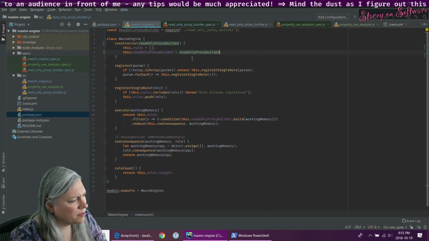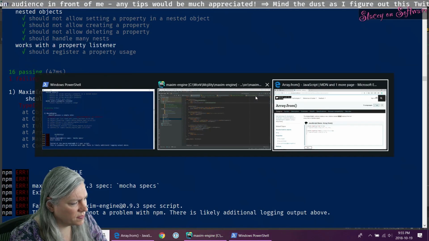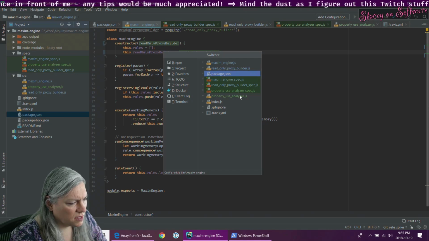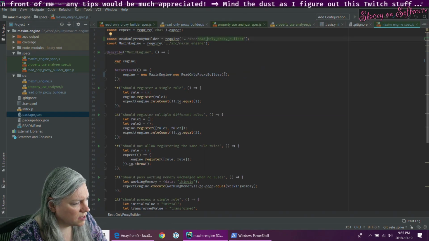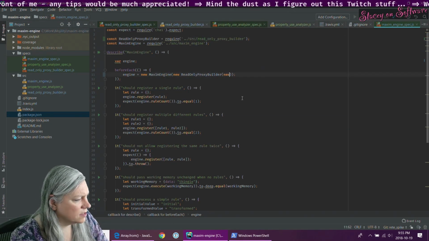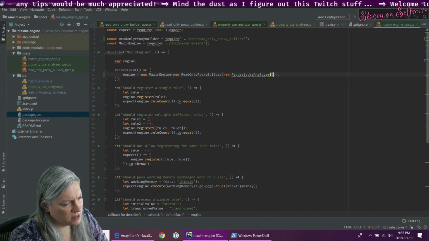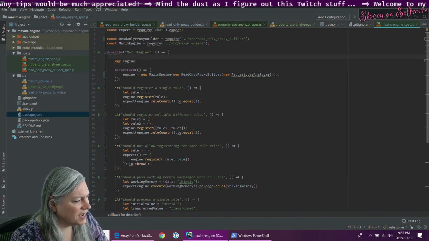So I need a property listener when I build it. And the property listener, property use analyzer. That's getting nasty.